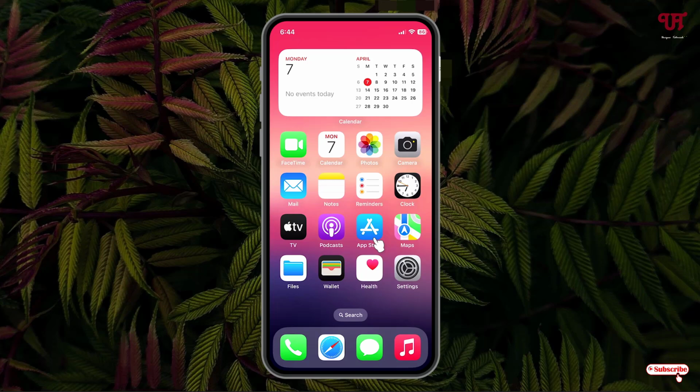iPhone smartphones very easily. So if you never known about these cool hidden features, then you should definitely give it